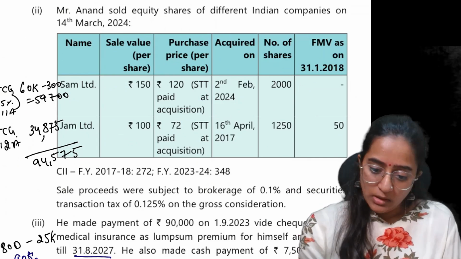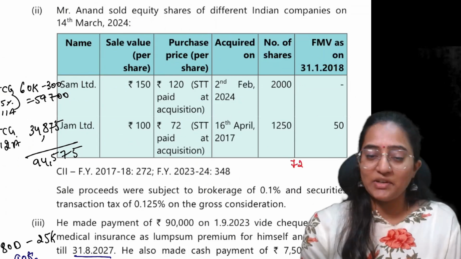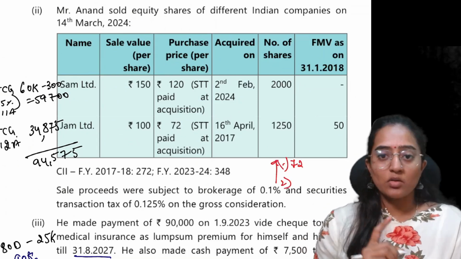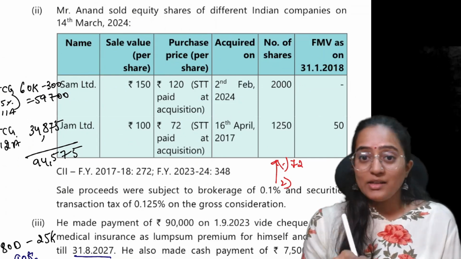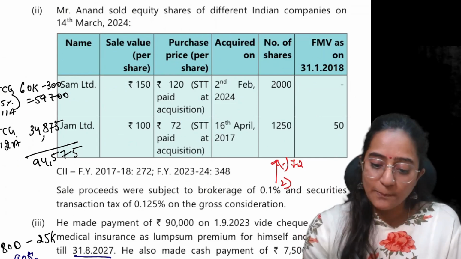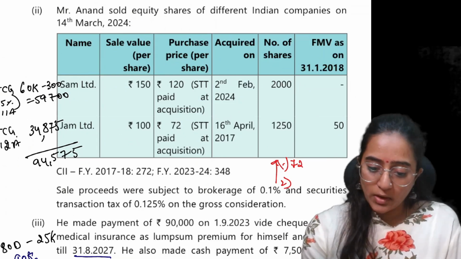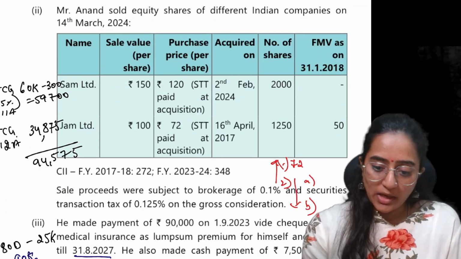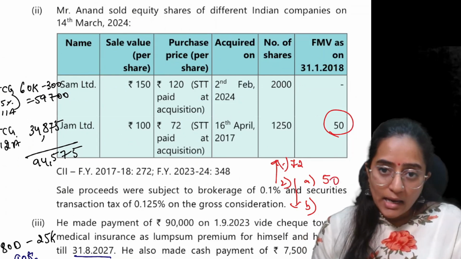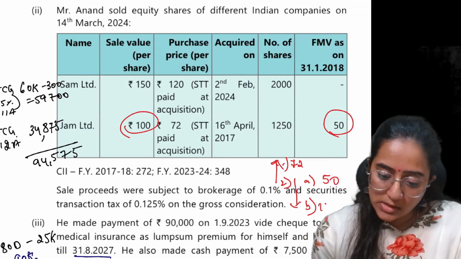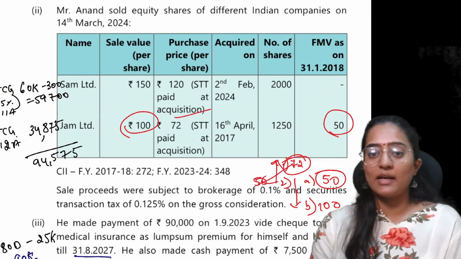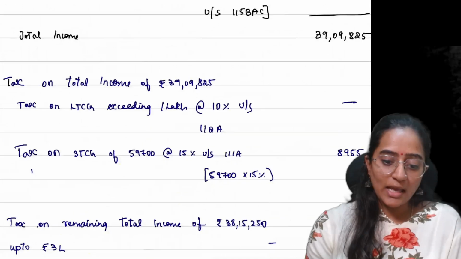See now, first you will consider your cost of acquisition to be 72, or out of this point 1 and point 2, whichever is higher, correct? If you want a detailed understanding of this, you can go and watch the revision series of the capital gain. There I have explained in a very detailed sense. Okay. 72 or lower of the following of A or B. A is fair market value as on 31st January 2018, that is 15, and sale value, whichever is lower. Obviously it is going to be 50. 50 or 72, whichever is higher.